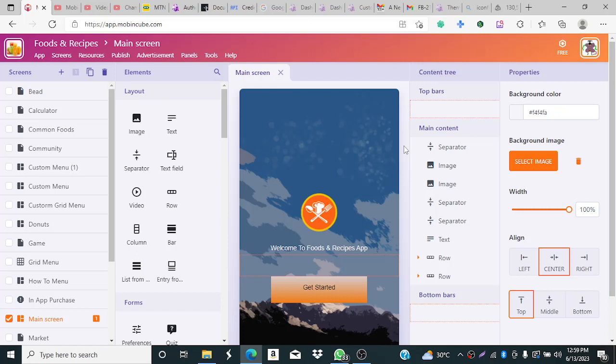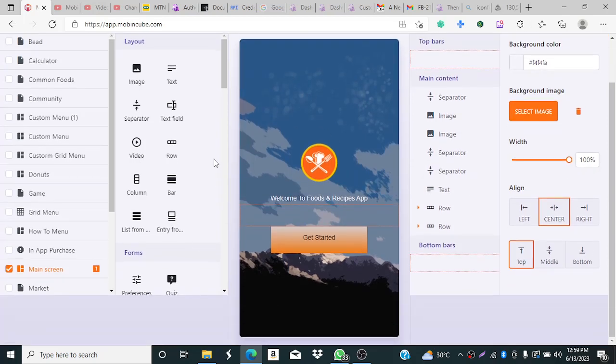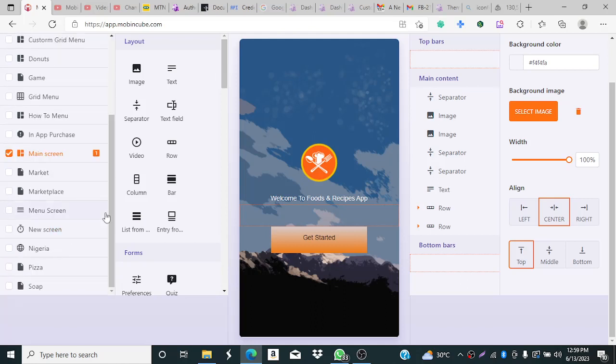That is, you create your page, your screen on database. But firstly, now we are going to use this one to develop the screen. So there are some screens here that are yet to have any content inside them. Example is